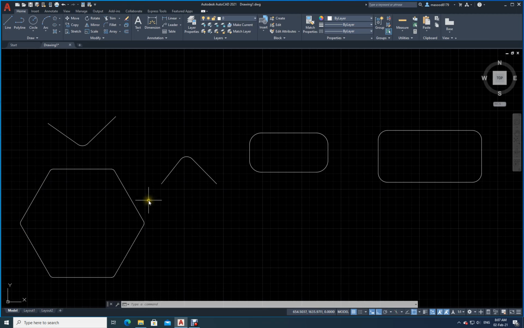It is a very helpful and useful command in AutoCAD to clean up our line work and at the same time to provide sharp corners and rounded corners. You can also use fillet for this purpose. See here, I will just draw one line here. Okay, then let me say I have got another line over here. Understand? Now let us say I have got another line over here like this, right?